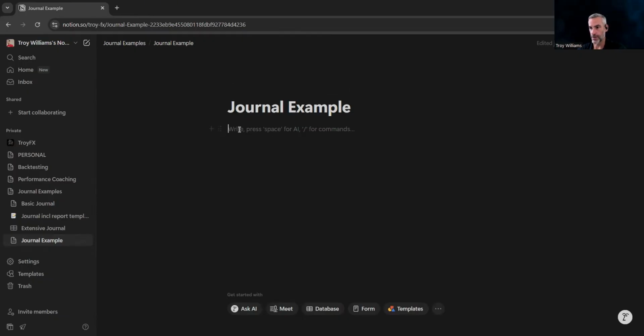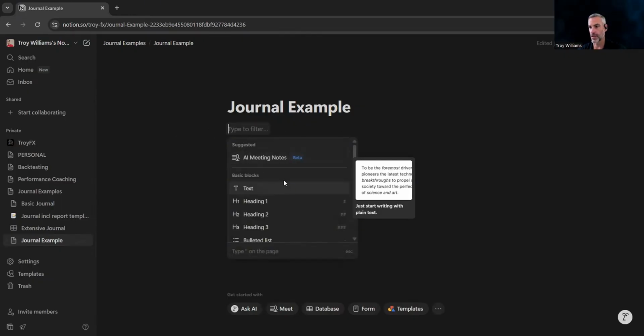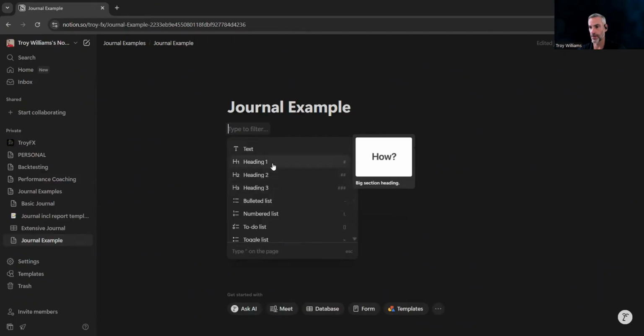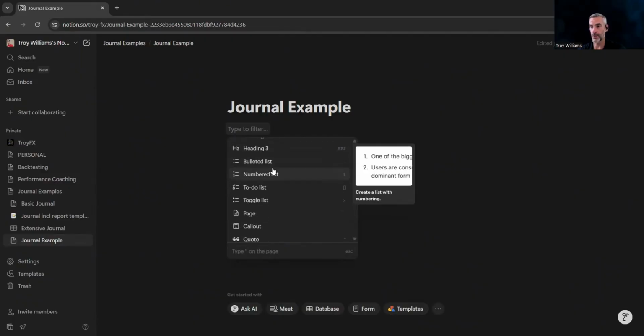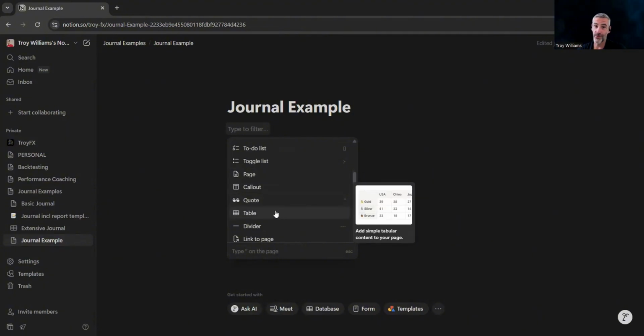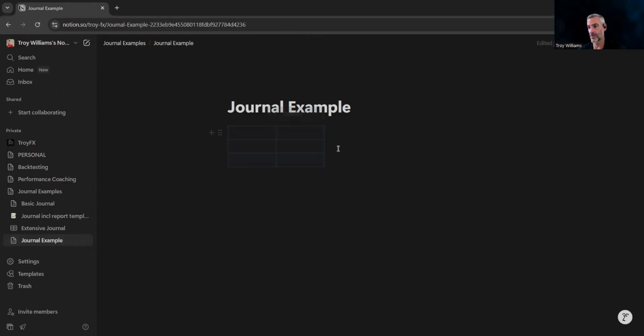If you hover again, you'll see you get the little plus sign and the dots. Click on the plus sign, and you'll see a menu come up. These are all the different things that you can do inside of it. Scroll down until you get table. This first one that comes up is not the one that you want. This is just a plain, boring old table. Let's just say, for example, dates,